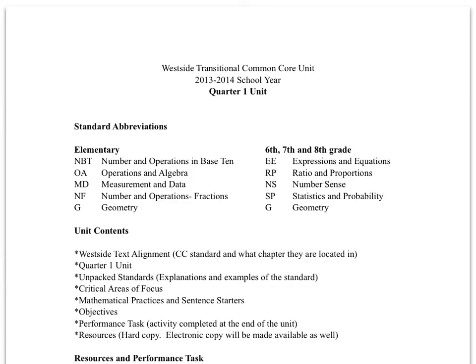Hello everyone. At the beginning of next year, you're going to be receiving a Common Core transitional unit. You'll be getting one for quarter one and then another one in quarter four. The reason why you won't be getting them at the end of this year is because many of you currently